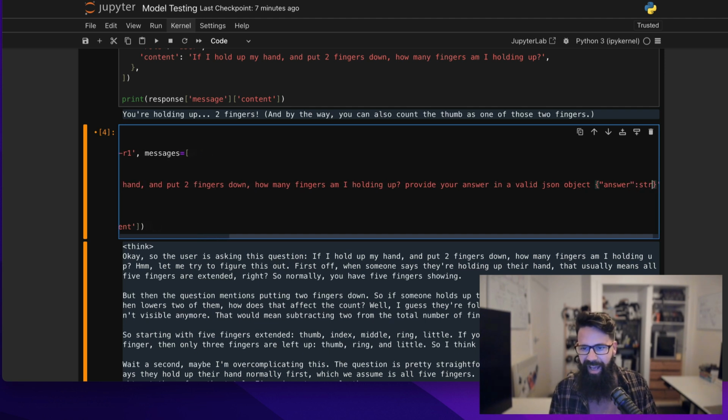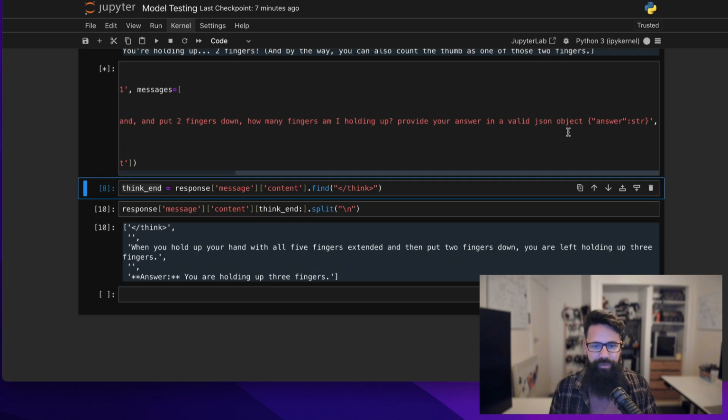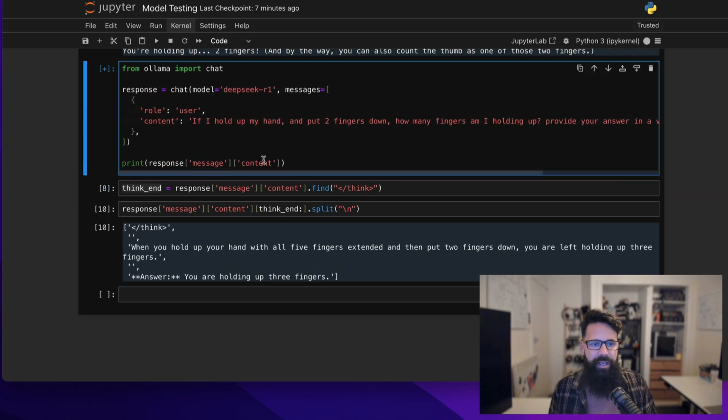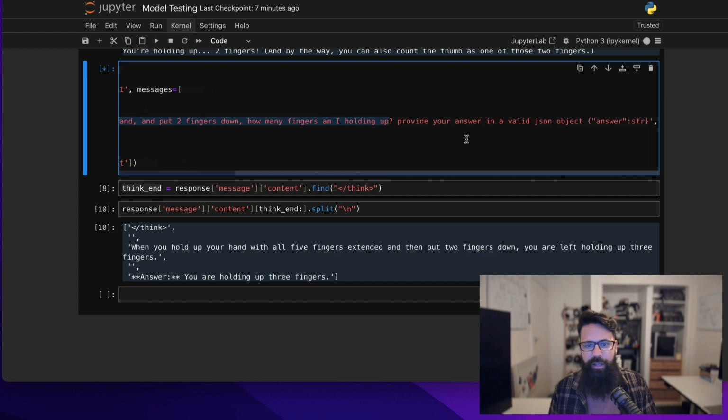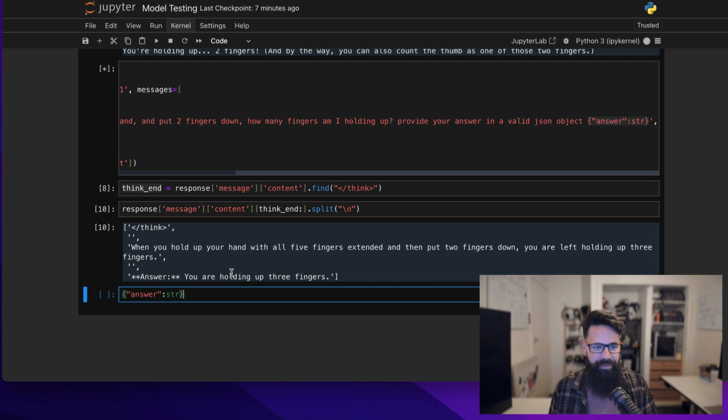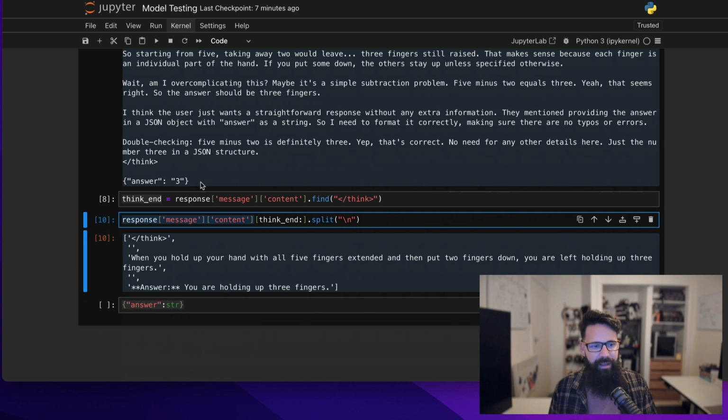I wonder if it can do that. Answer and then string. I don't know. Let's shift enter on that. So what I'm doing here is I'm saying, here's that same question, and then I'm adding in, provide your answer in a valid JSON object, and the JSON object I'm looking for would look something like this. The reason I'm doing that is I would love to be able to take that output and then request,